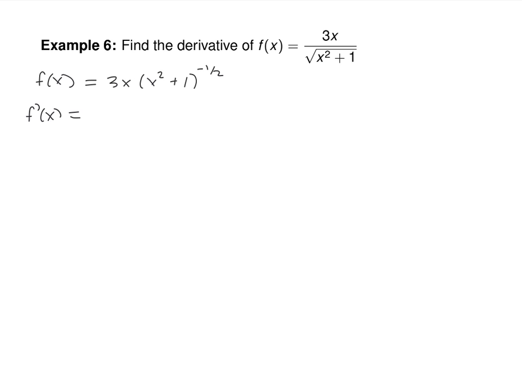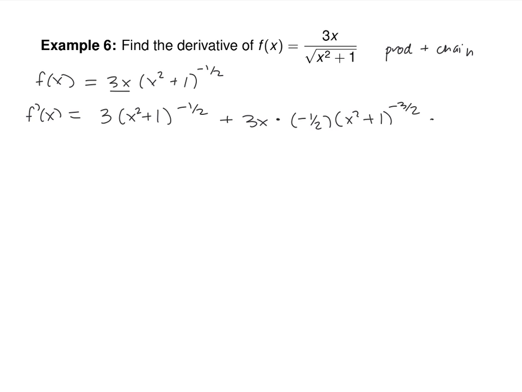Okay, and then what rules are you going to use to take the derivative of this? It's product first and then chain. Does that make sense? The chain comes up in the course of doing the product rule. So if you're going to do the product rule, what's the derivative of 3x? 3. Okay, plus 3x times x squared plus 1 to the